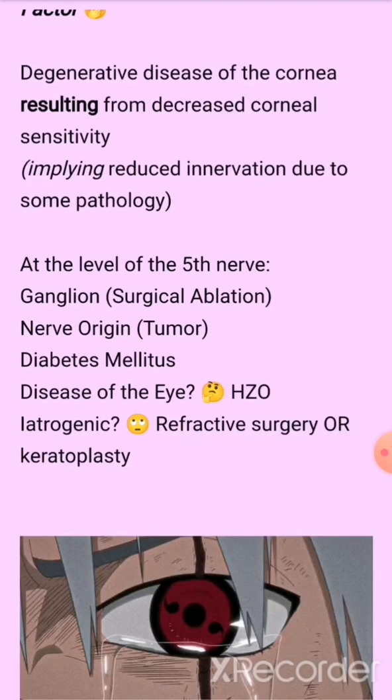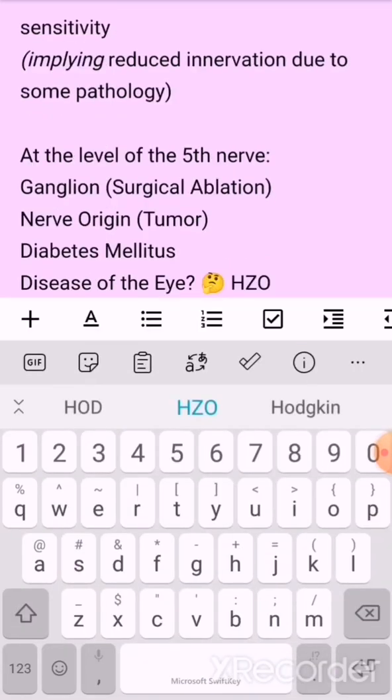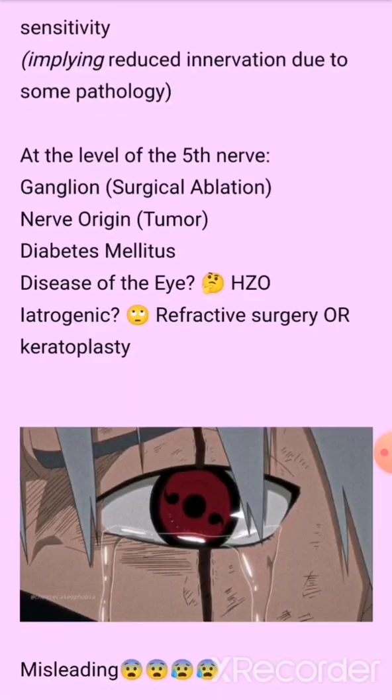Similarly, there can be a systemic condition like diabetes mellitus, which has far-reaching consequences on many structures of the body, and obviously diabetes mellitus does not spare the nerves, because we know there is something called diabetic neuropathy. Similarly, there are certain diseases of the eye which can also cause neurotrophic keratopathy, and the most important one is